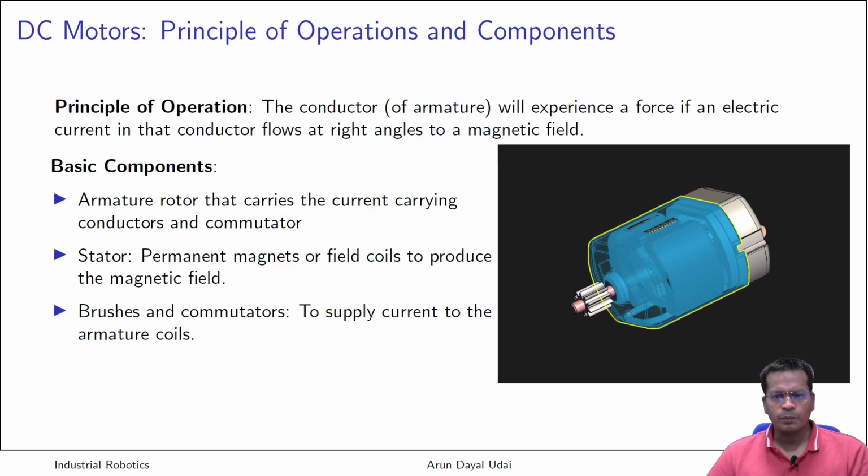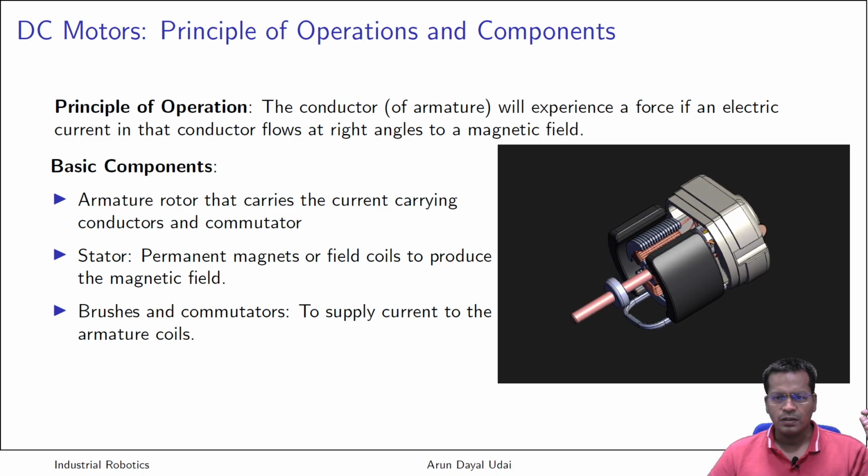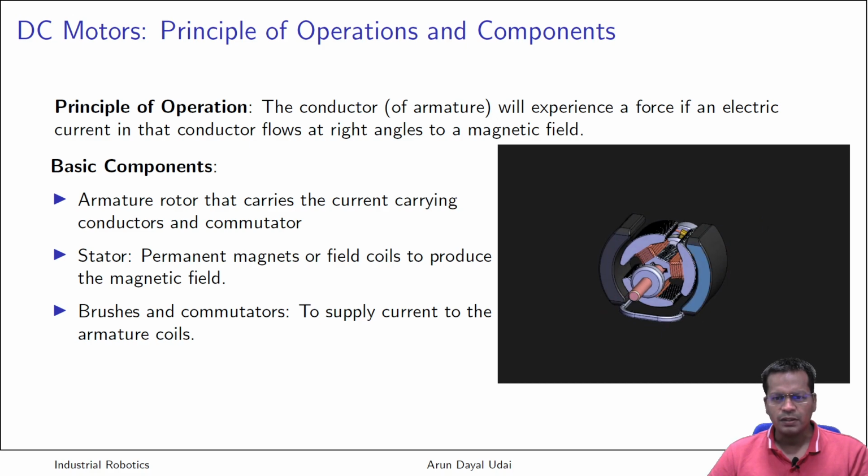I will just open up the front cover, I will also remove the pinion which is here, that is to connect the reduction gear if it is there to reduce the speed and increase the torque. The back cover also I will open up now. This back cover I have opened. So what you see, you have just seen the magnets, how they are arranged. They are arranged like this, so that you have lines of force which are horizontal like this. If you see from the front, they are like this.